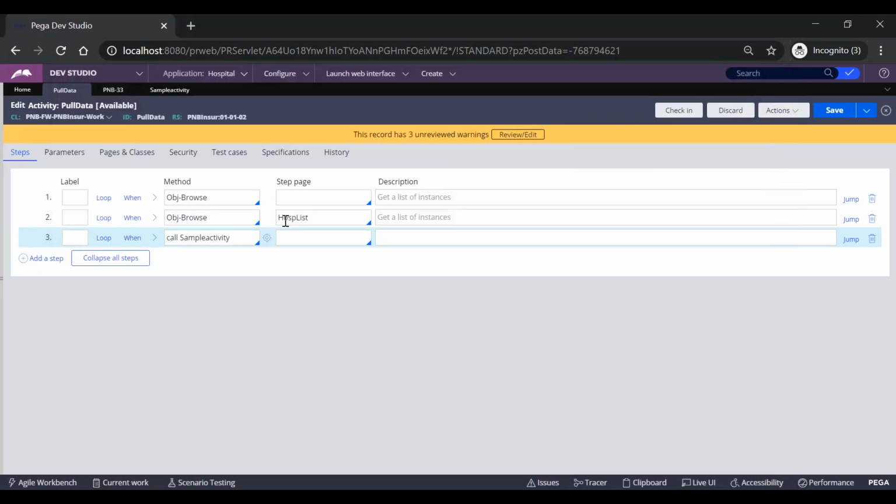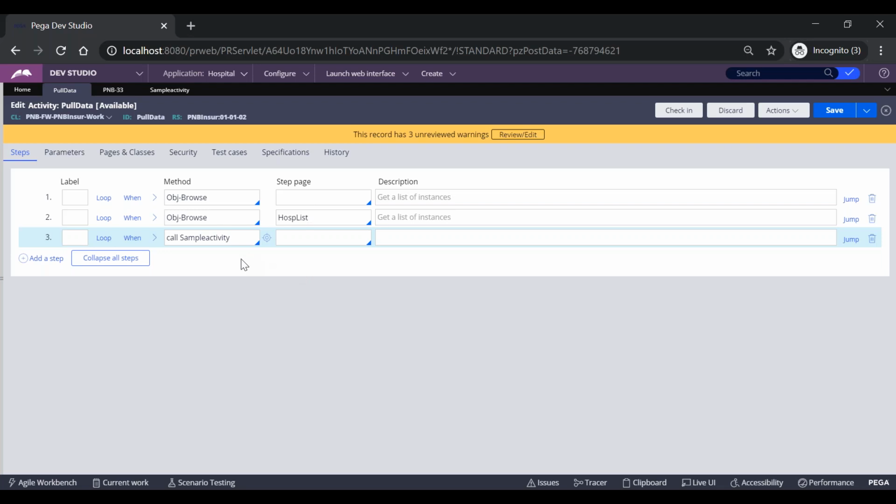So this is how it works. If I'm trying to execute one rule, then based on the parent page of that rule, all the child rules' parent will be decided. If I'm using one activity and multiple activities within this activity, what's the parent for the main activity will be considered as the parent to all the children if no step page is defined. So this is the concept of primary pages. You have to learn it.